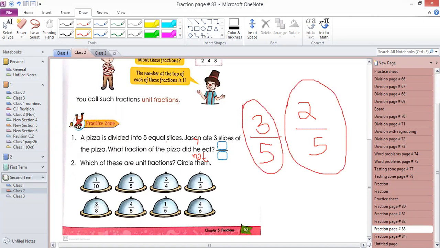He ate 3 pieces out of 5 and he did not eat 2 pieces out of 5. So guys, to read the question is very, very important, to read it carefully. If you are asked to write the fraction of the pizza he ate, you have to consider this 3 in your numerator. If it asks you to write the fraction for the pizza he did not eat, then you have to move to the number of pieces he did not eat. If out of 5 pieces he ate 3, that means 2 pieces he did not eat. So 2 over 5 will be the fraction for that. Is it clear? Yes, sir.